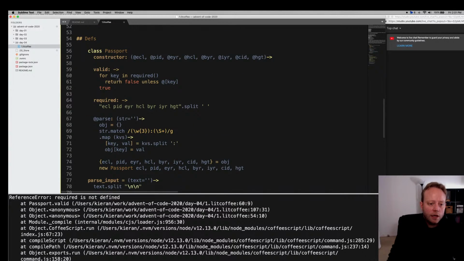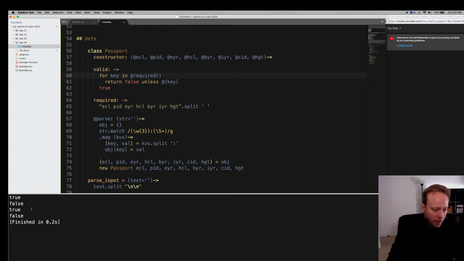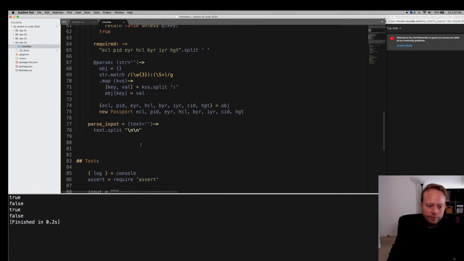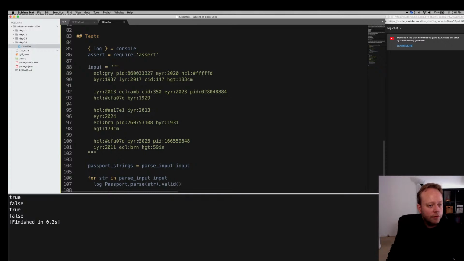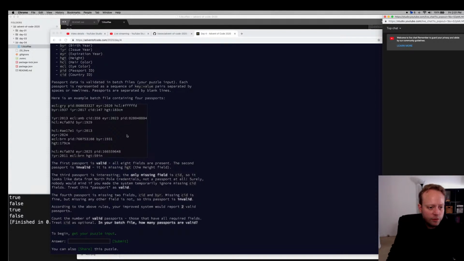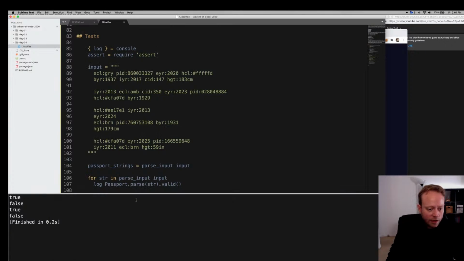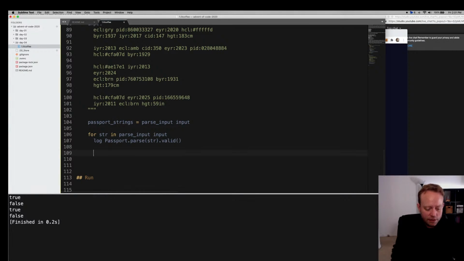Oh, of course, because it's this.required. So true, false, true, false. That doesn't sound right if I recall correctly. It was supposed to be true, true, false, false, I think. So second is false. Third one, oh, true. Okay, and then the fourth one is, so true, false, true, false. Okay, that works. So let's assert that these